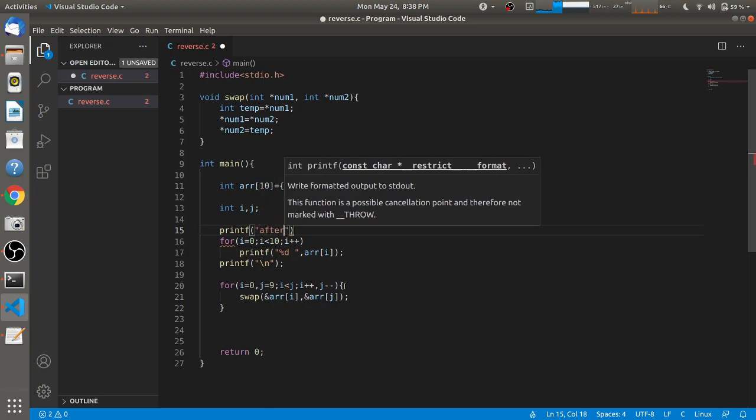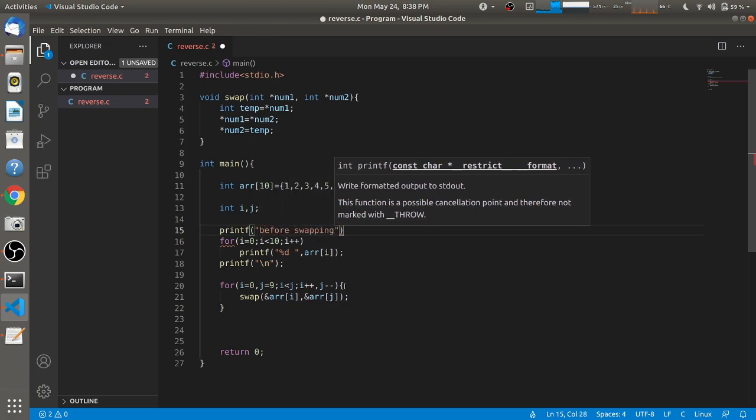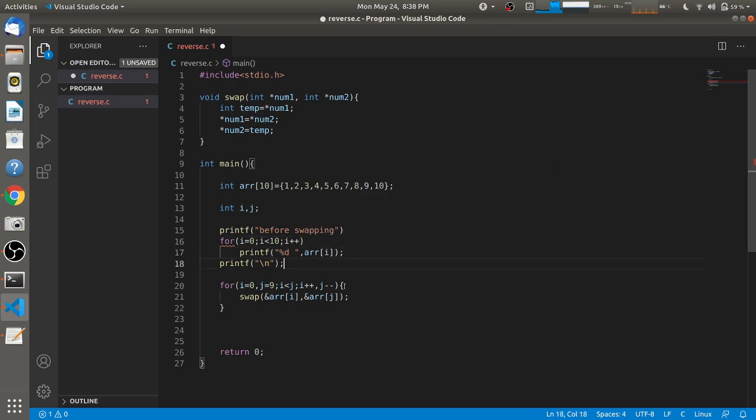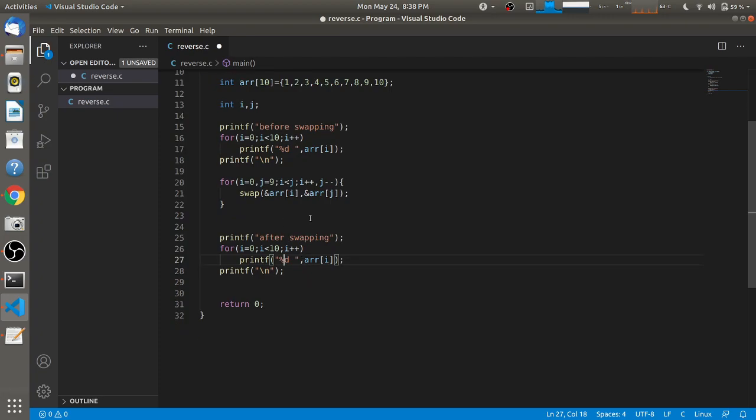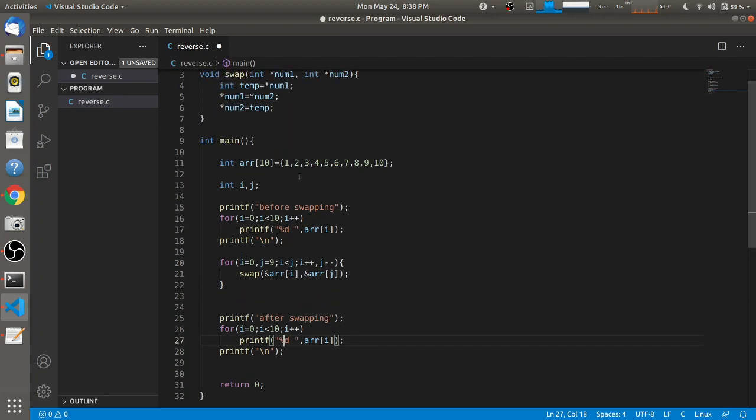So before swapping, the array condition was like this, the original array, and after swapping we will print using the same statements. We'll just change the printf statements here, that is after swapping, and here you will see this same for loop will print the array conditions